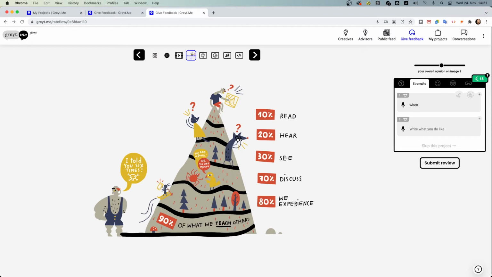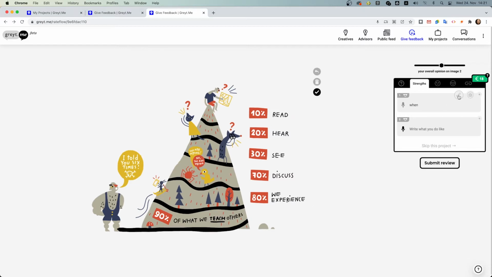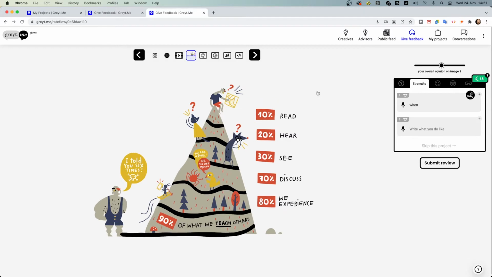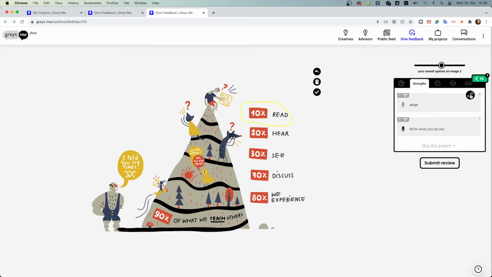When writing a comment, you see a little camera and a pen symbol on top appearing. The pen symbol is currently unique only for image files. Click on it to draw on top of the image to highlight an area, for example. To discard the drawing, click here, or to save it, click here, the checkbox icon. Clicking on the pen again allows you to add changes to the drawing.